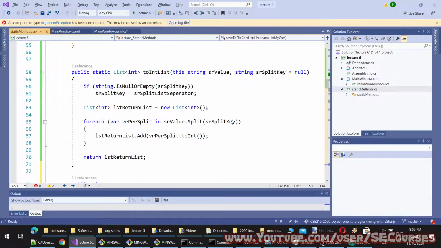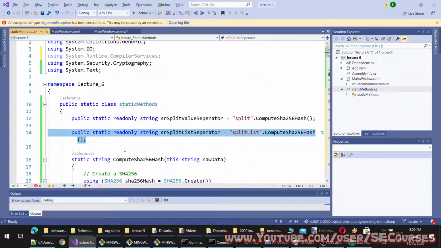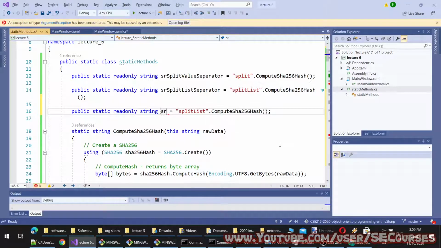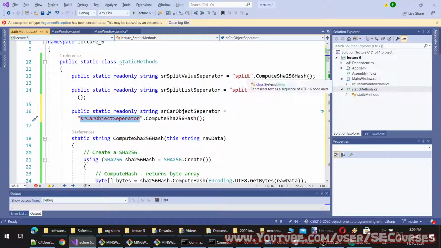To do that, I am going to define another separator, let's say this time car object separator. We can write here anything that is different from these two.